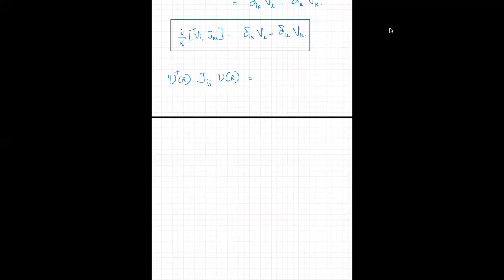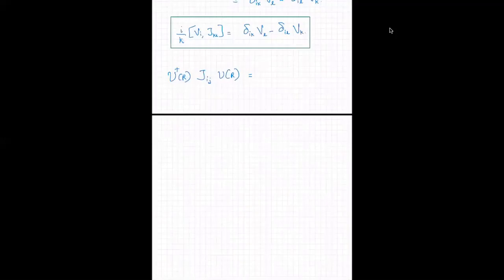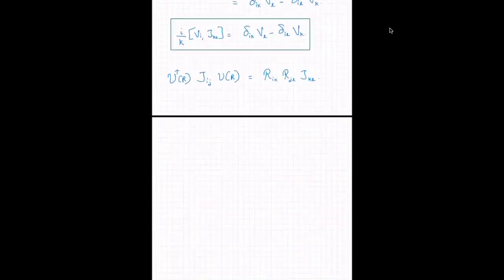I and J. In other words, the I transforms like this, R_IL, and the J also transforms with another R. So what you have is something like this, R_IK R_JL J_KL. Okay, what does this mean? This means that the index I in this equation transforms like the index I in this equation. And the index J also transforms like another vector index, which means that J_IJ transforms like